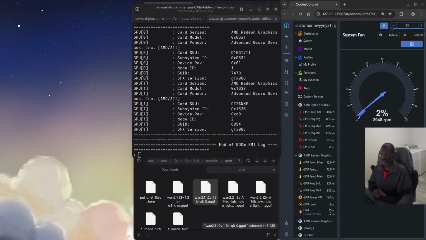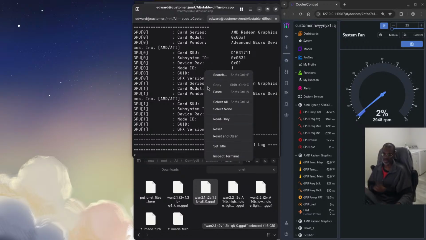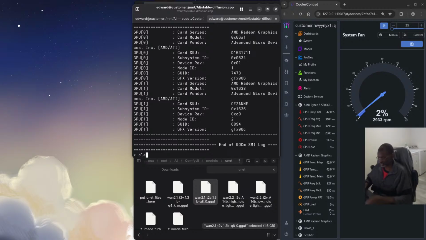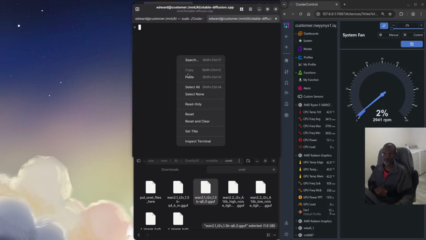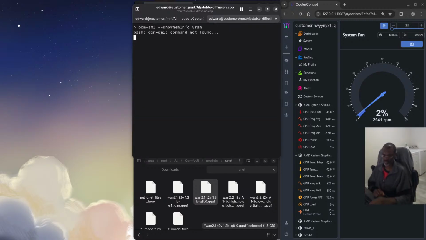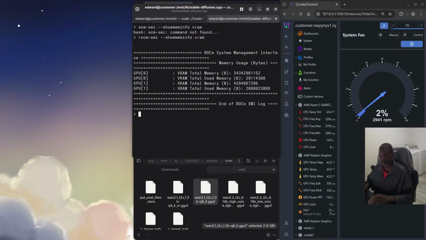And now to see how much VRAM I actually have, this is another command you can run in case somebody tries to cheat or lie to you. You simply run this command here. Oops, wrong one, I forgot the r at the beginning. You see here the VRAM, 32 gigs on GPU 0. Remember, that's the dedicated graphics, and the integrated one says 4 gigs here, so it grabs 4 gigs of my